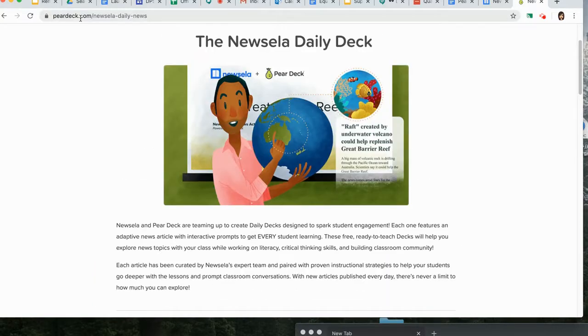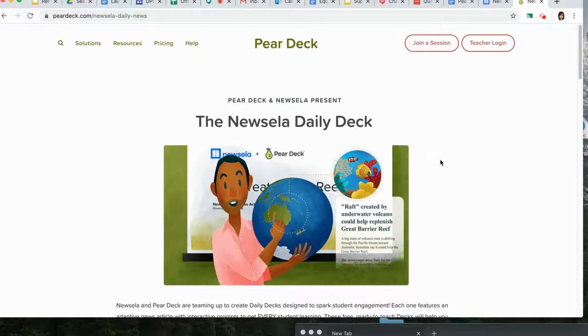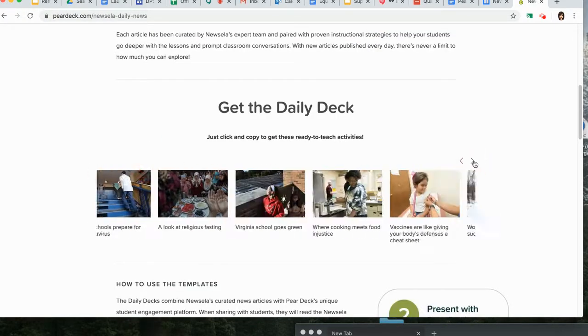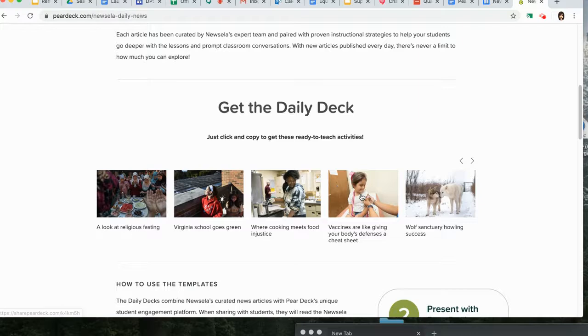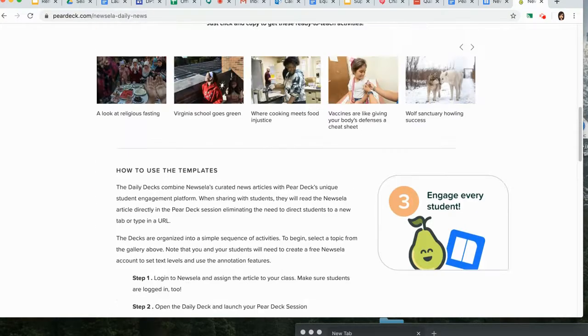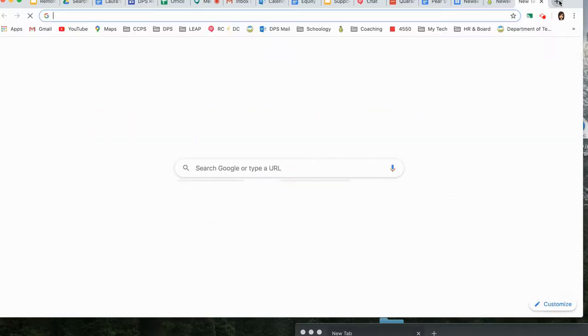So if you go to peardeck.com daily, or just look up Pear the Daily Deck, you'll find all of these decks that have already been created around different topics and Newsela articles. And there's also a little tutorial about how to use their templates. So the first thing I want to show you is you should go to Newsela